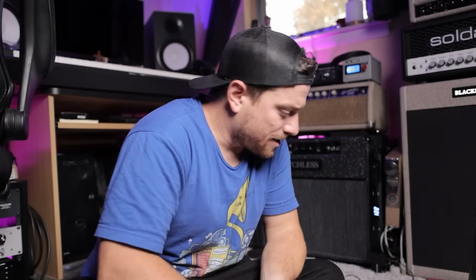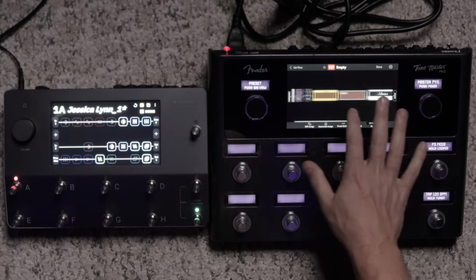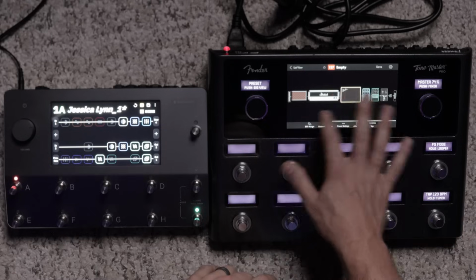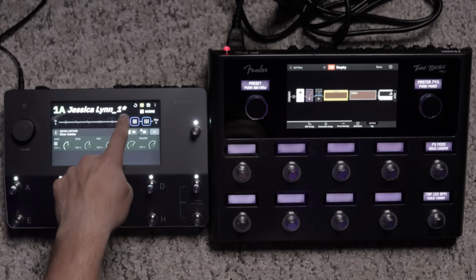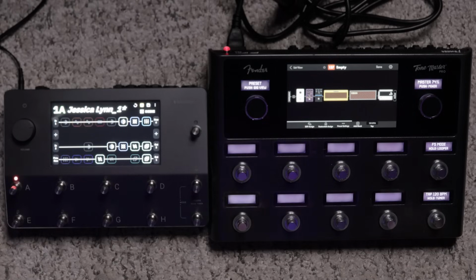All right, so I just pulled up a gigging preset I use for Jessica Lynn. You can see here I have the 2 guitars. This is the second guitar. That's just Jessica's guitar. Jessica Lynn's the country artist I play for, also my wife. And in this preset, I have 3 amps. So I've got AC30, I've got Captures of a Silver Jubilee, and I've got my 64 Fender Bassman, specifically my